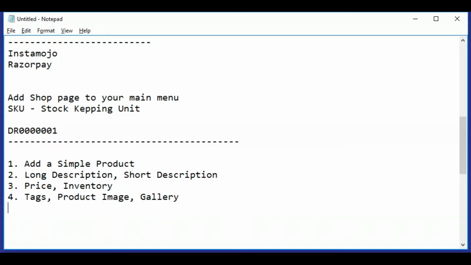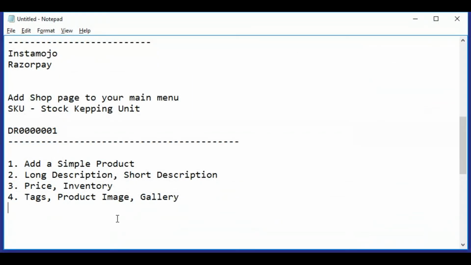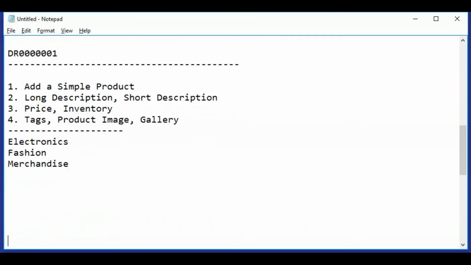So if I see here, I can see the product category. Now, how to put the category, and category is one of the important things on your e-commerce website. So say I am selling electronics products, or else I am selling some fashion product. Fashion product comes under merchandise, or else I am selling some baby products.